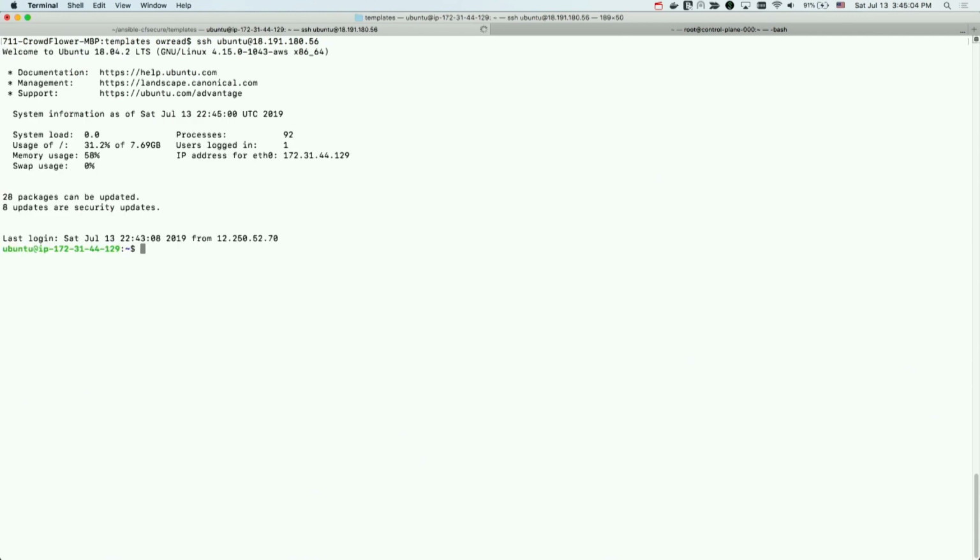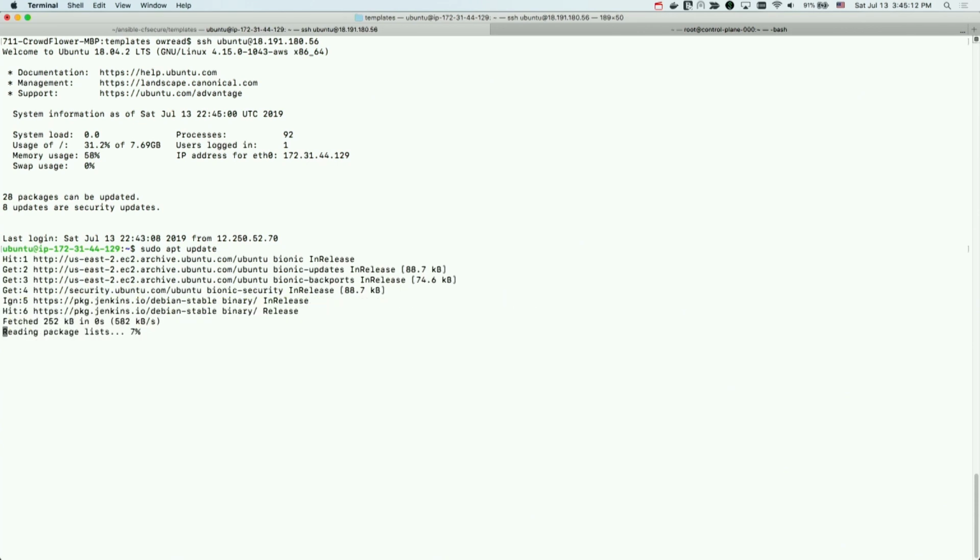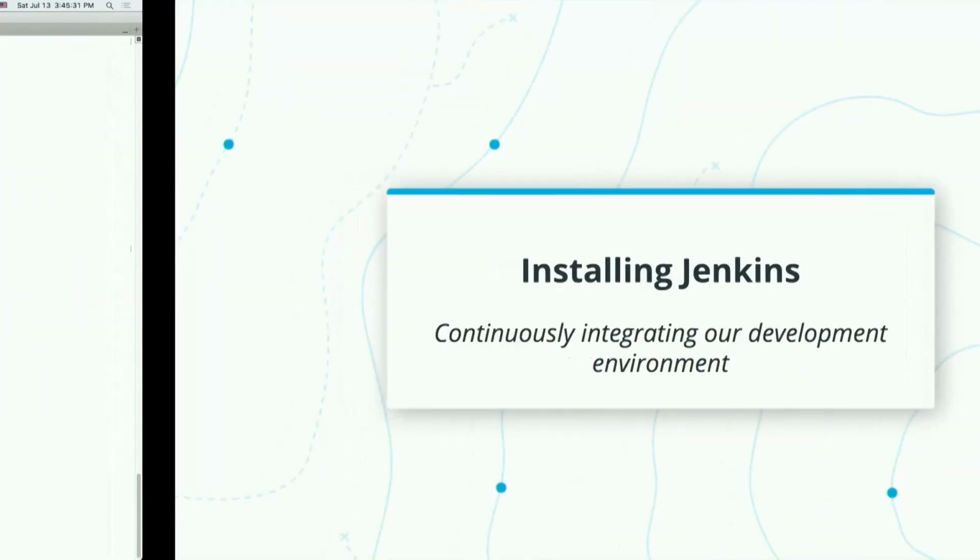And first things first, we want to make sure that we're using the latest and the greatest software. So we're going to do an apt update. And this just makes sure that we pull from the repositories of what the newest versions are, and it puts those into our metadata on our system to be able to know what's out there. And now that we've done that, we can go about actually